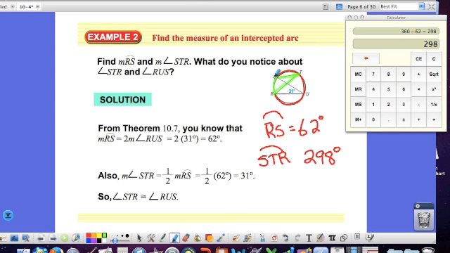Angle STR actually intercepts the same arc as angle SRUS. So if this must mean that that's 62 degrees,